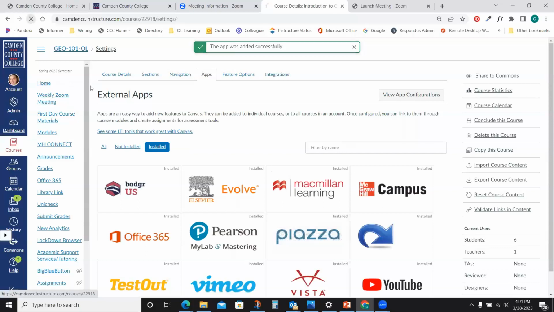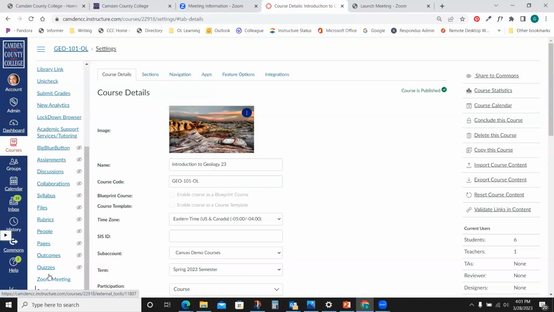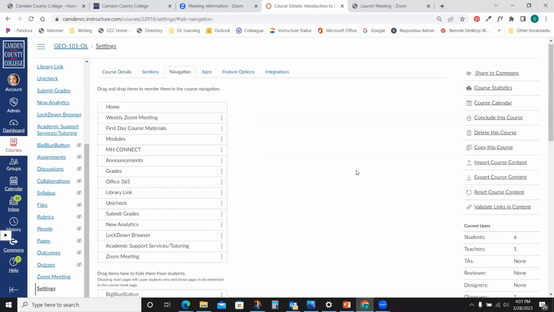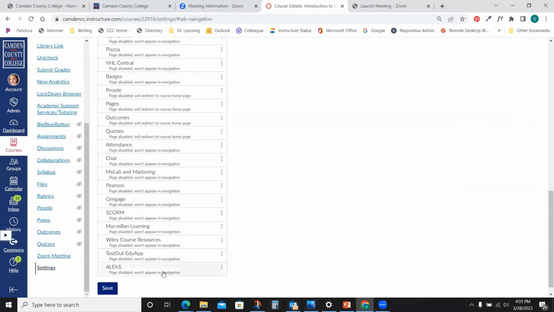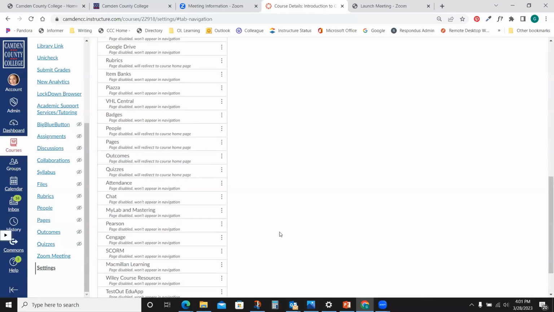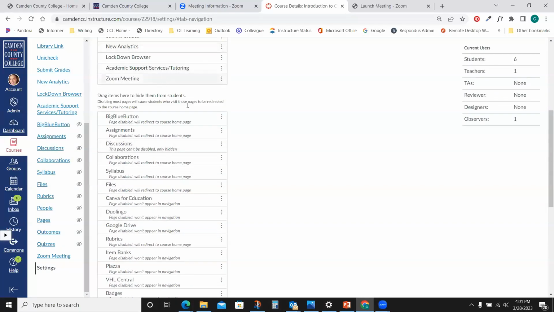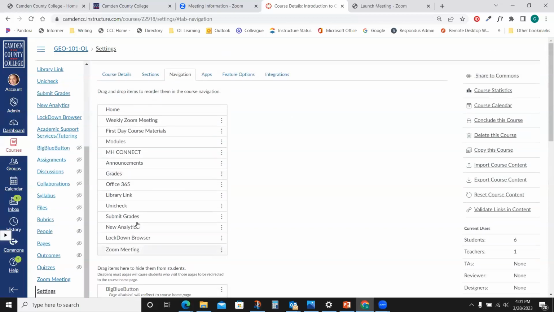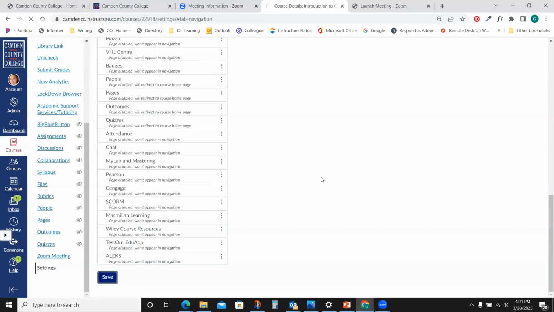A lot of times you need to refresh before you'll see it, but then it's going to show up down at the bottom of your left-hand navigation menu. And then of course, to move things around, you would just click settings, navigation, and find it. Oh, it actually did make it visible automatically, but I'm just going to move it up to the top and then click save.